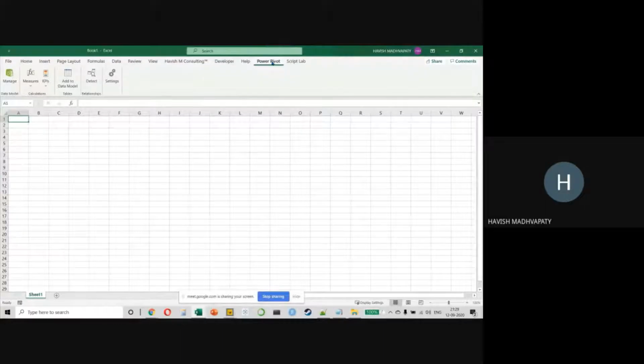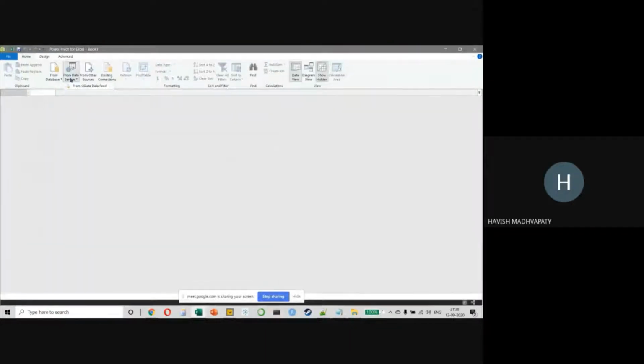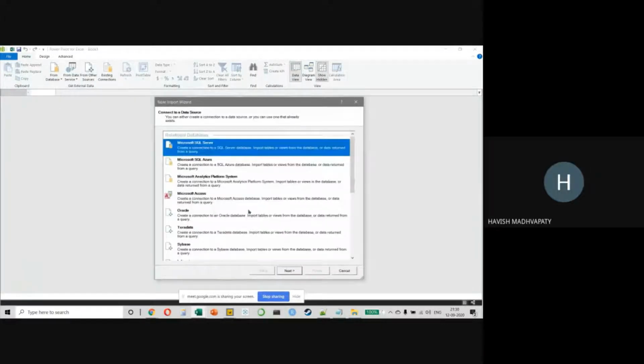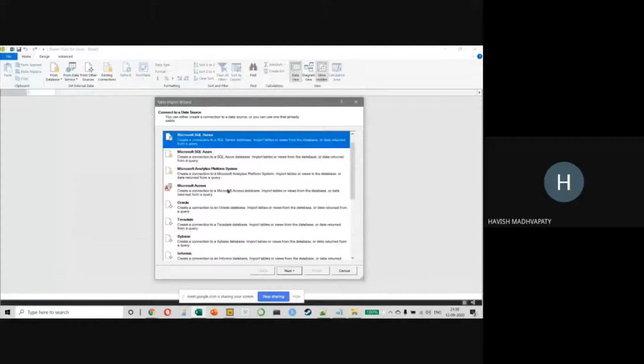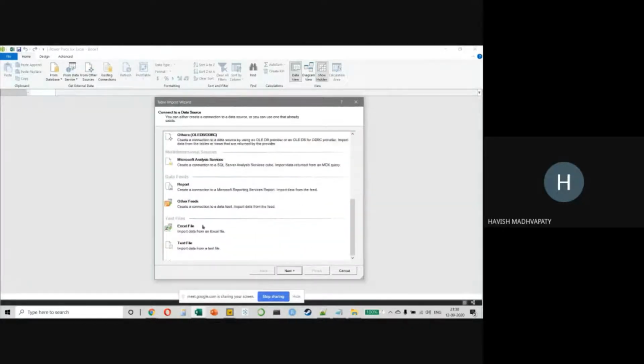And in Power Pivot, I want to load a data set. So we click on Manage. And here I can connect to different types of data sets. So I can connect to ODCs, which are object data feeds. I can connect to SQL Server, Access databases. I can even connect to other sources. So I can connect to SAP, I can connect to HANA, I can connect to Azure. Interestingly, Excel is a very last option, because Excel is the least used in Power Pivot.